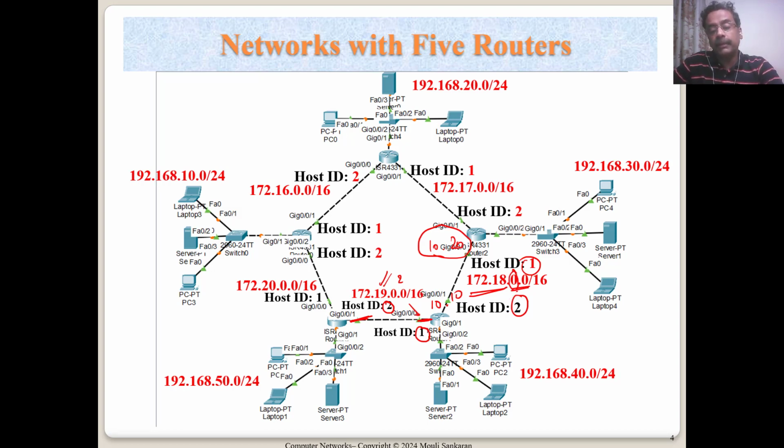So the third byte is 0 and the lowest byte is 1. So these two are different. Similarly, this network has two interfaces with the host IDs as 1 and 2, and this is again 1 and 2 for this network. So now suppose I have to change this network to have multiple hosts in it,